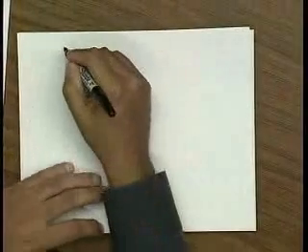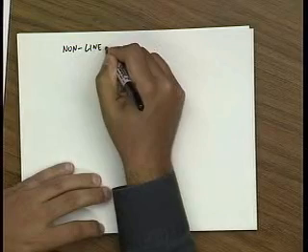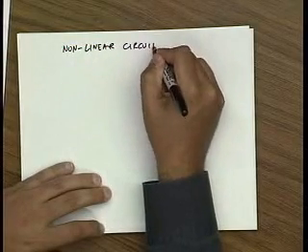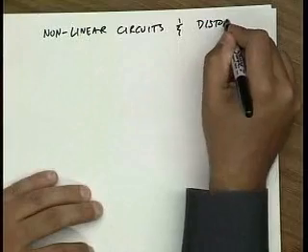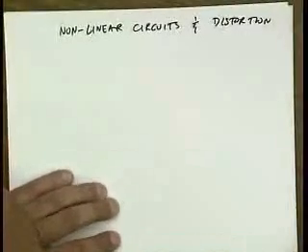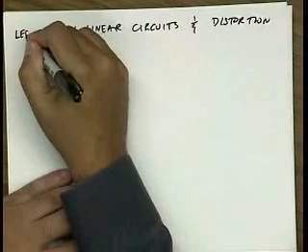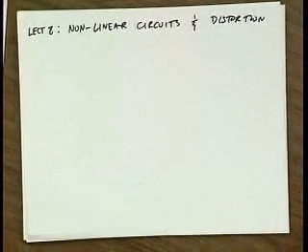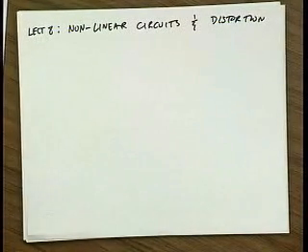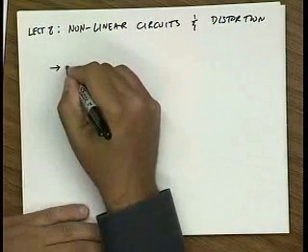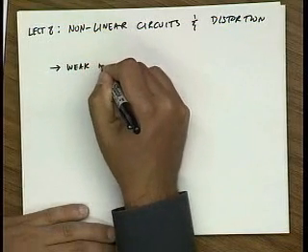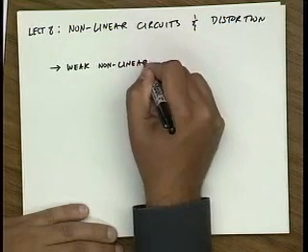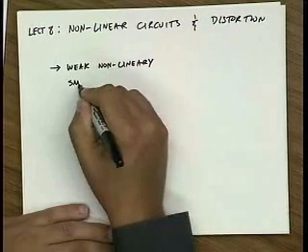Okay, so let's recap where we were last lecture. We started looking at nonlinear circuits and distortion. Even though I didn't say it, and this is lecture 8, what we're looking at up to now is what we call weak nonlinearity. I want to emphasize that we're studying weak nonlinearity, or, if you like, small signal